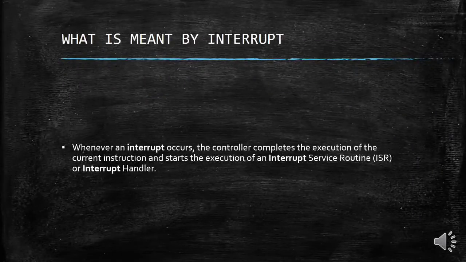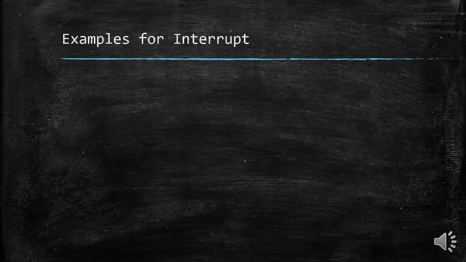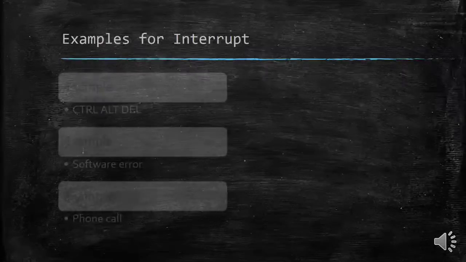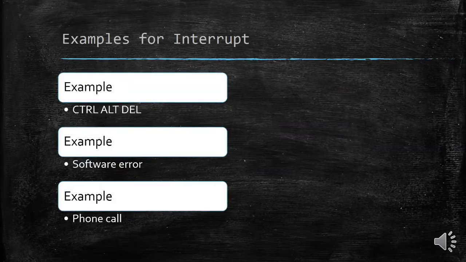When the microprocessor is executing a program, it can get interrupted because of one of the following reasons. First, due to hardware interrupts; next, due to software interrupts; and next, due to an exceptional happening during an instruction execution, such as divide by zero. These are known as exceptions or traps.